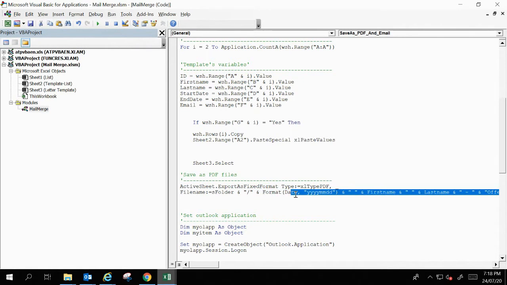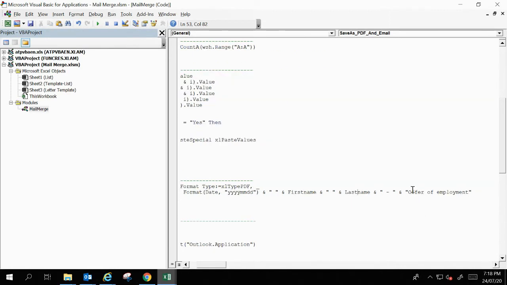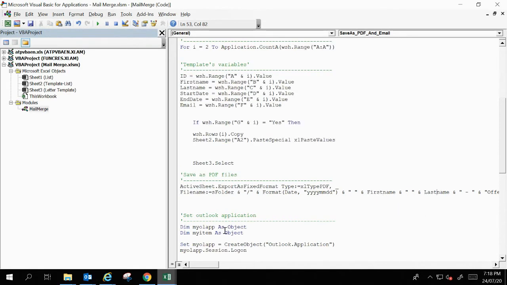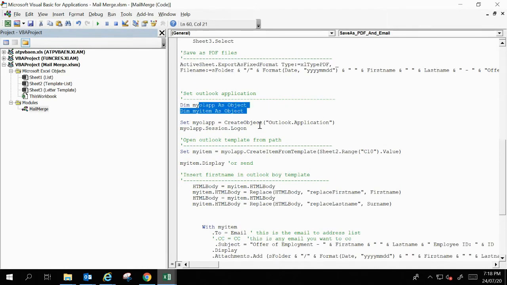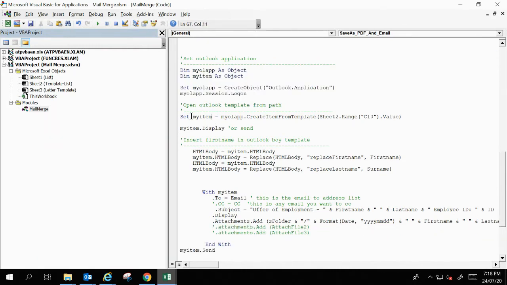So we have the date here, I put a format of this type of date, space, first name, space, last name, and offer of employment. Fantastic. Then setting up the library for Outlook, and then opening an Outlook template. So in this code, you have to create an Outlook template